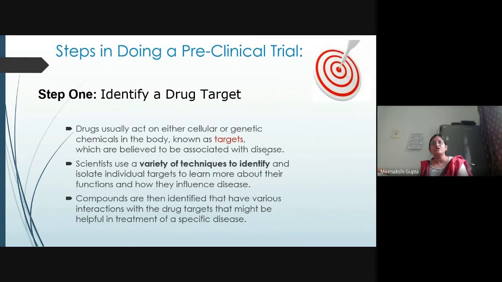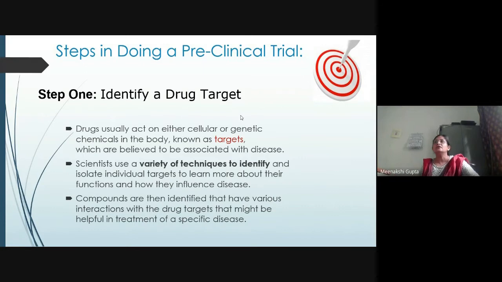The basic function of the lysosome is to digest. What does the enzyme do? Enzymes catalyze the breakdown of a particular substrate. So that substrate will reside in the cell for a longer time, be stored for a longer period, and this can lead to damage to the cell. These are called lysosomal storage disorders. So what is the target in this particular disease? The substrate. A particular substrate is the target.